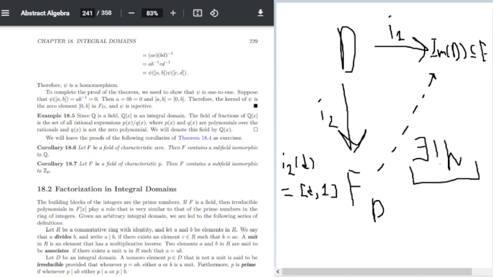Example 18.5. Since Q is a field, Q[x] is an integral domain. The field of fractions of Q[x] is the set of all rational expressions p(x) over q(x), where p(x) and q(x) are polynomials over the rationals, and q(x) is not the zero polynomial. We will denote this field by Q(x). So since we're going past that point and more so into the polynomial,